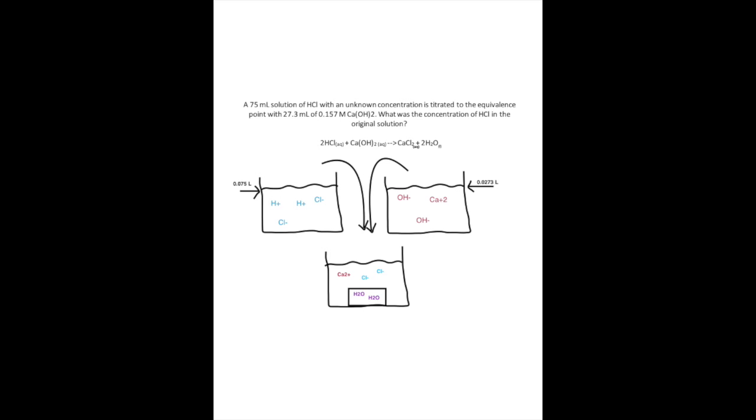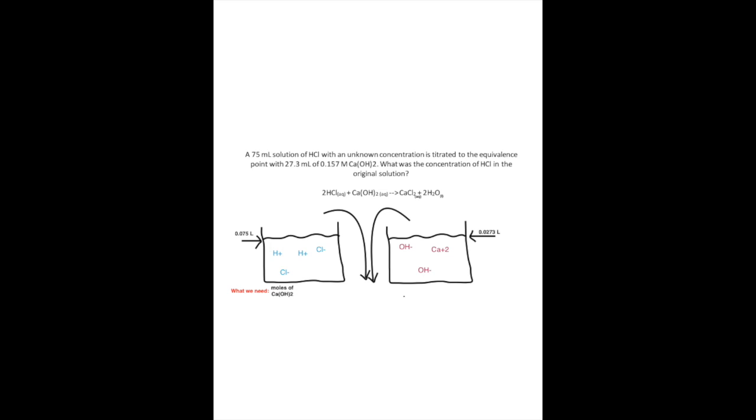Here we have the reaction drawn out as a picture, and it shows which ions react in the equations and which ones don't, as well as the volume of each solution. But we're not going to focus on this diagram too much since we just need the concentration of HCl, but it is nice to know how to draw it. Moving on, this is the diagram of just the reactants with the volume of each solution. It is a good visual to have, but at the bottom it shows that to actually start the problem, we are